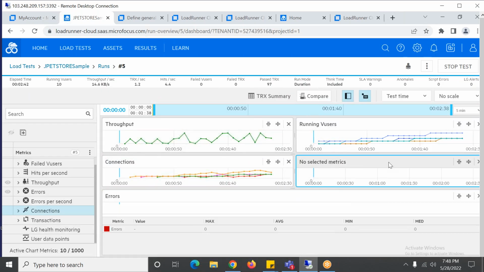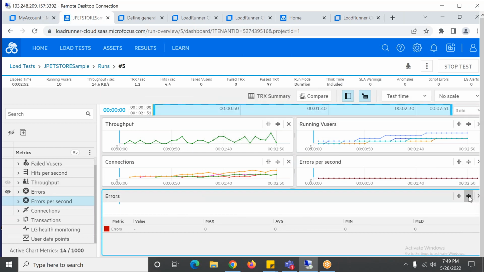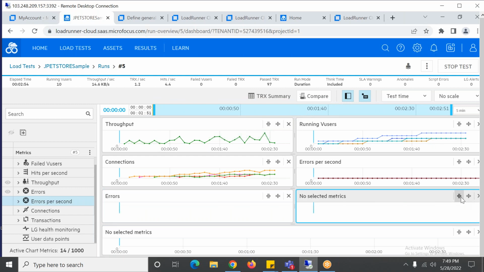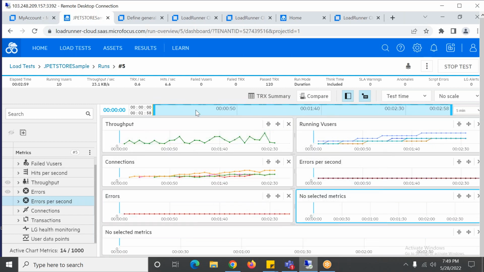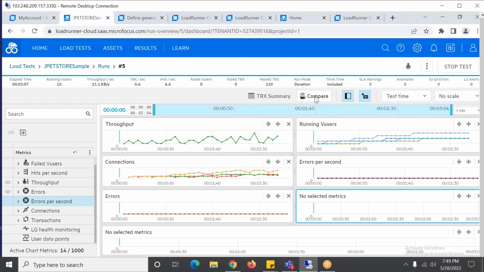So all the graphs I can add in this manner. And I can compare the previous test and the current test by using this compare option.